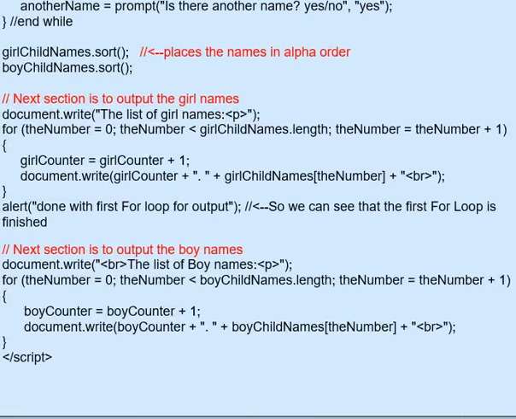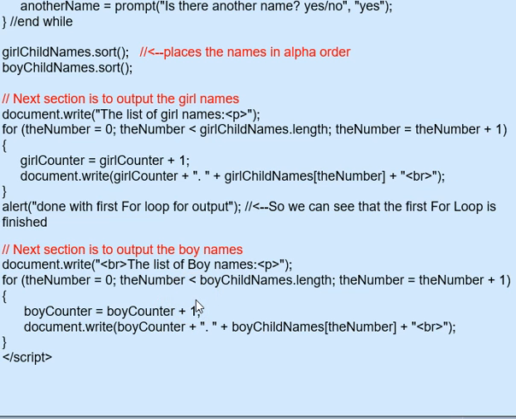And when we got down to the bottom of the code, you can see that we had document write list of girls' names, and then we had a for loop, and the for loop took in child names, and then outputted it. Then we had this just to show us that we finished with that when we're going on to the next. And then we did the boys' names with another for loop, exactly the same. The only difference between the two of those is the fact that this is for girls and this is for boys. And if we had, say we had